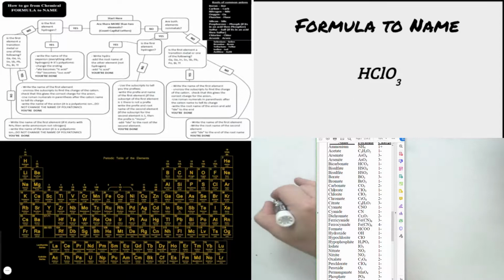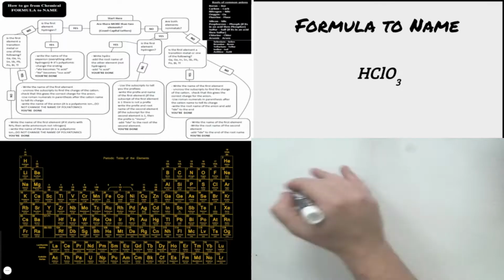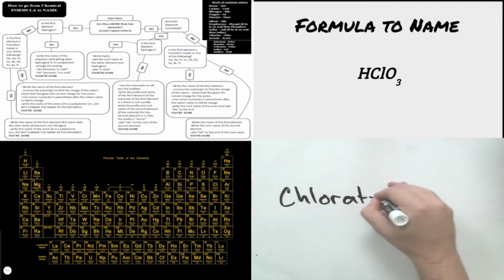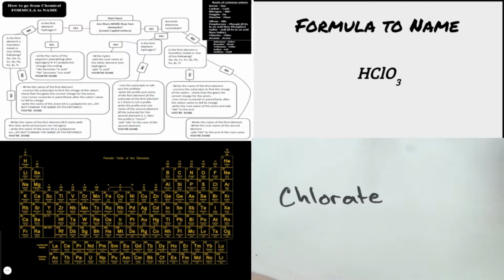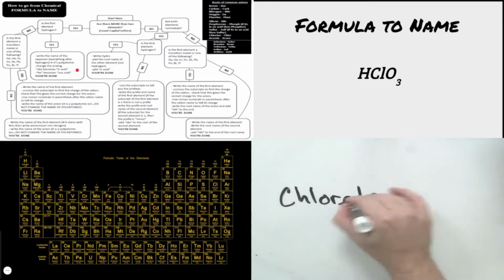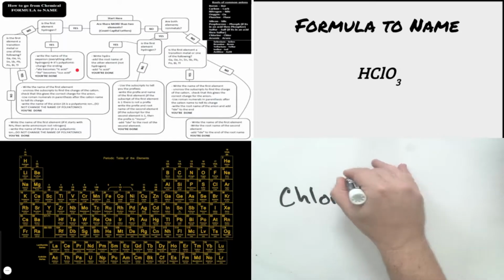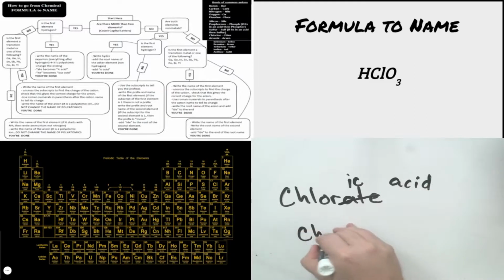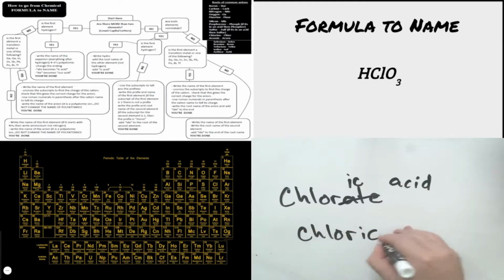So I'm going to write the name of my ion. I'm going to write chlorate, all right? And now what this tells me is that if it ends with ate, I'm going to change it to ic acid. So the ate is going to get changed to ic acid, which means I have chloric